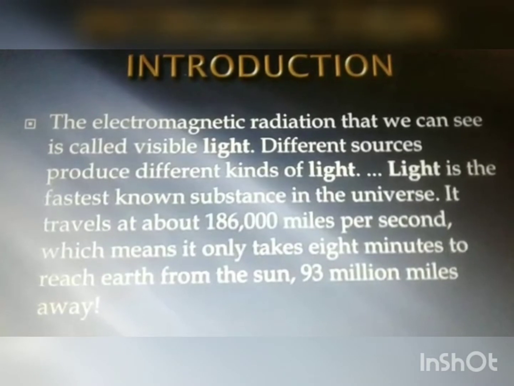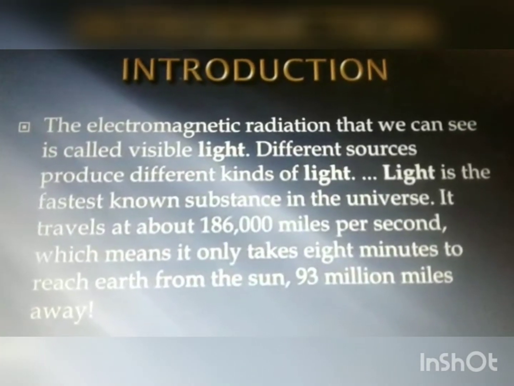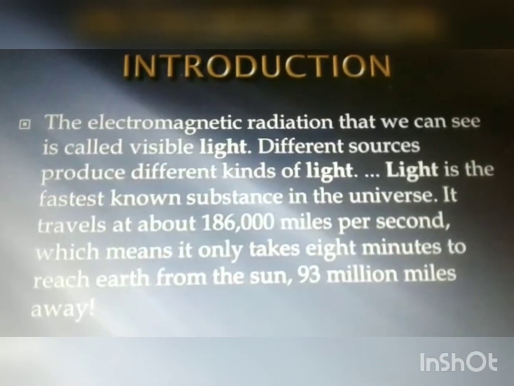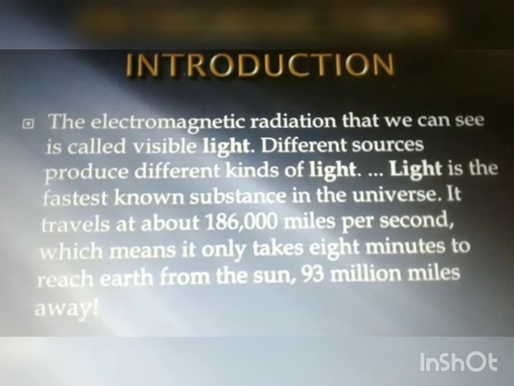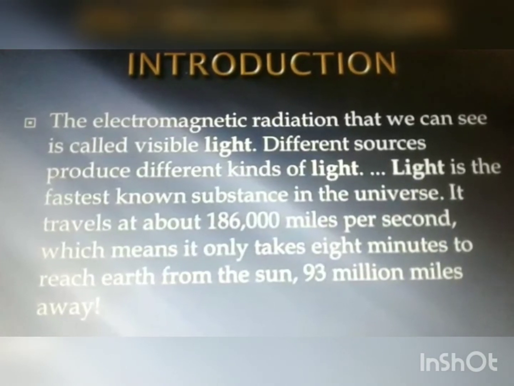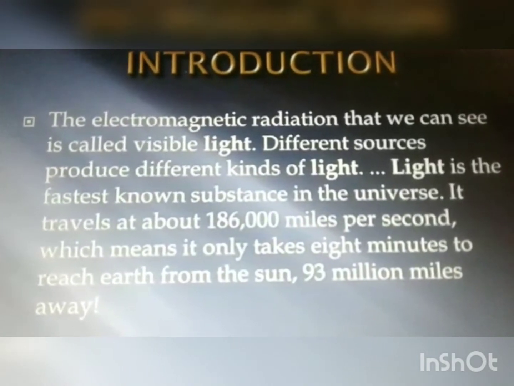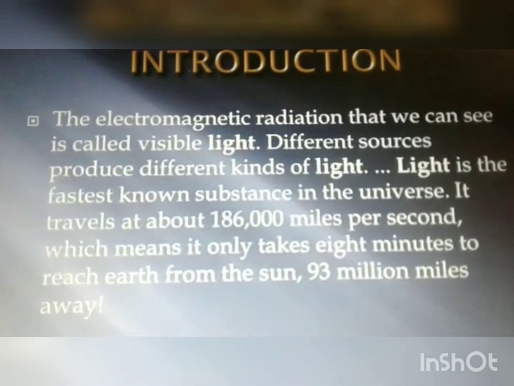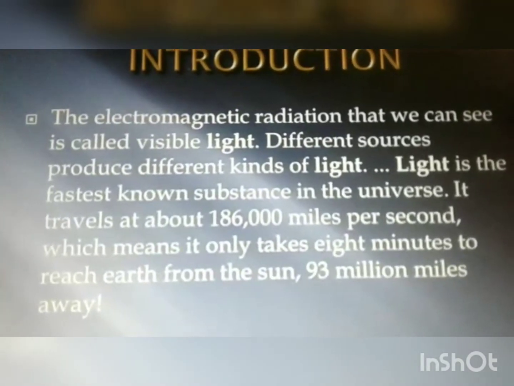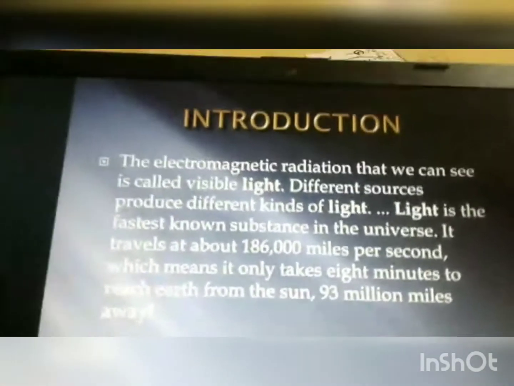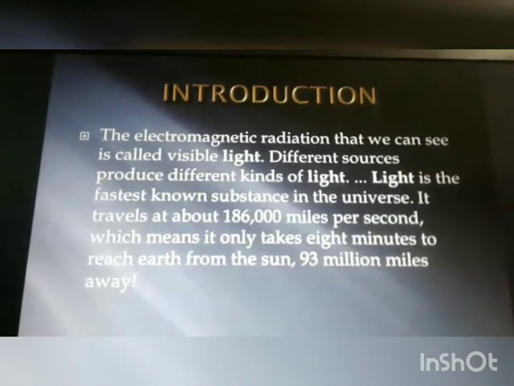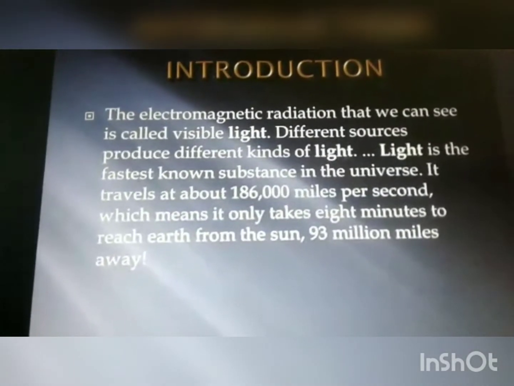The variety of objects in the world around us are visible due to the light which enters into our eyes after its reflection from the object. We cannot see anything in a complete dark place. Then the ultimate question that arises is, what is light actually? How does it reach our eyes after the reflection from the object? So students, the answer is, light is an electromagnetic radiation which produces sensation in our eyes. It enters our eyes after being transmitted through the transparent medium.